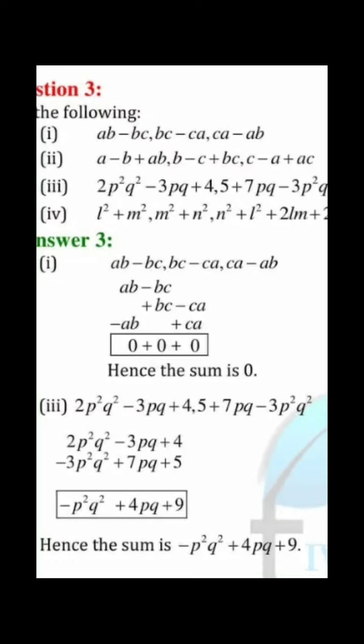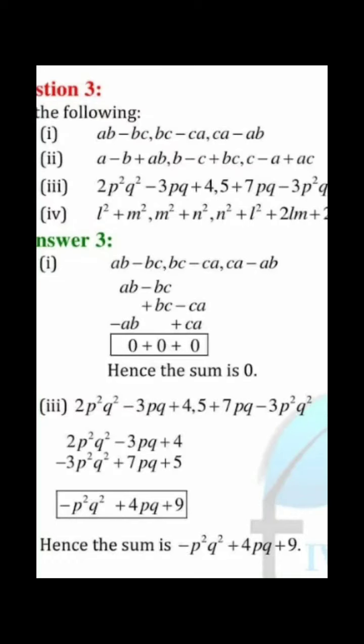but yes, we have BC in the first expression as the second term, and BC as the first term in the second expression. So we have to place like terms below like terms, and one important thing is that you have to write the operation which is before it, whether it is positive or negative. Here it is minus BC and then plus BC. The variable is the same, but the sign is different. One is positive and the other is negative.